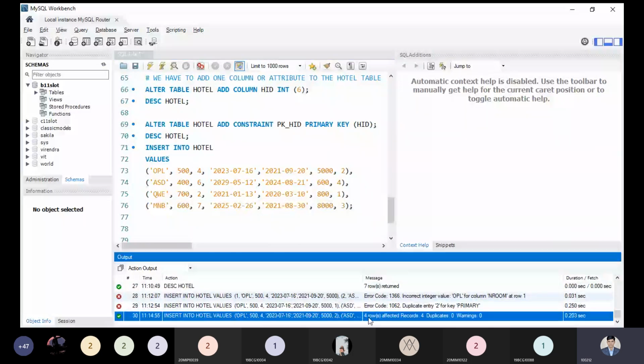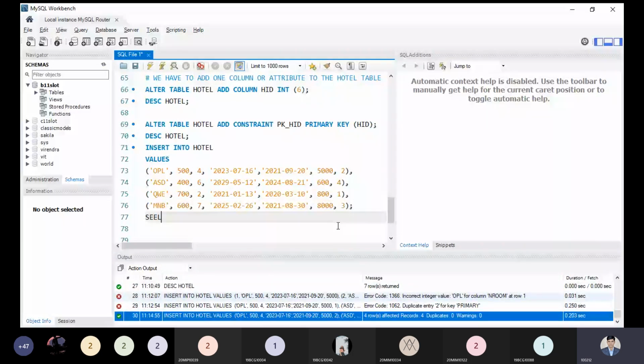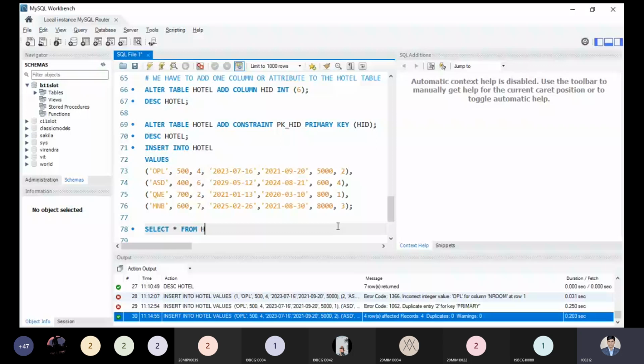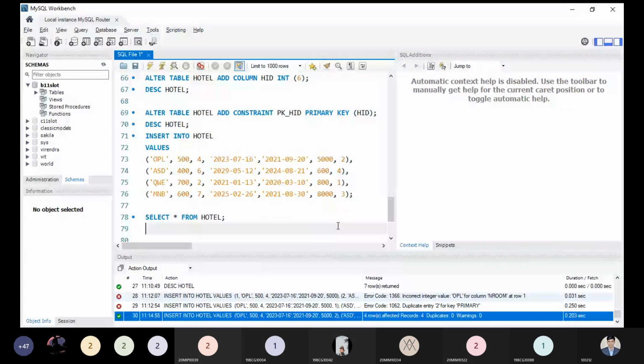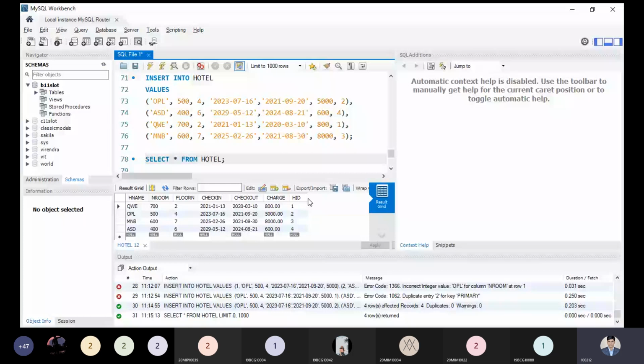So let us understand how much information we have. By selecting our data with select star from the table, you will be able to see at the last we are getting all the things. We have 1, 2, 3, and the last null is coming.